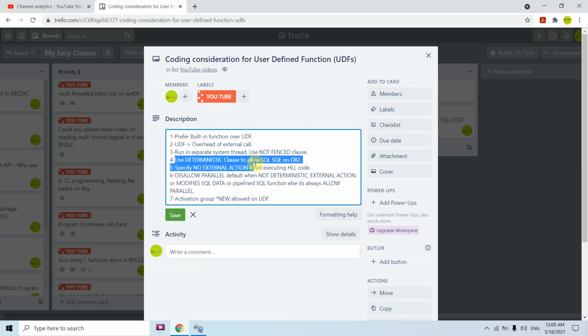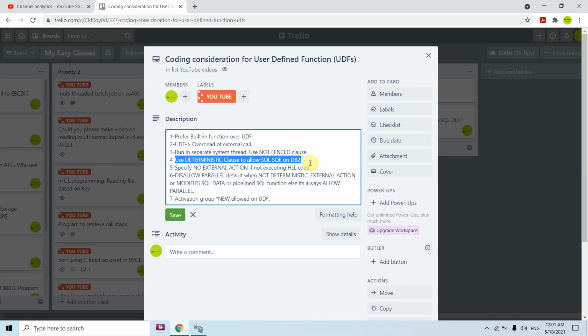Now the fourth point is, use the deterministic clause to allow the SQL query engine on DB2 to optimize. Whenever you are creating the UDF, you are calling it every time. For example, we have a user defined function which takes some input and returns a particular output, and that output remains the same for the same input.